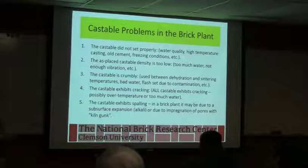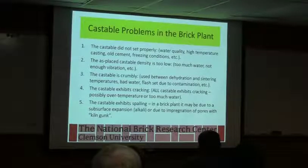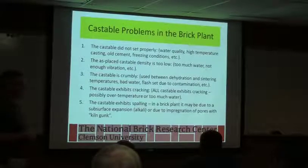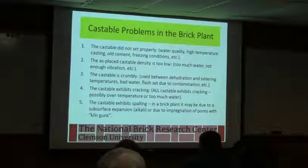Castable problems. The castable did not set properly. So this is something that it may behoove you to even print out and keep copies of wherever you do the rebuilds on your cars, and whoever works on the kilns, to not only review before working on it, but if you have a problem. Usually it's better to work on it before so that you don't have the problem, but it's just stuff to read